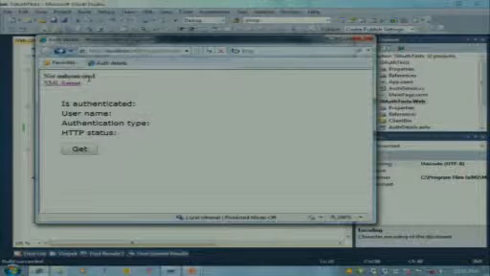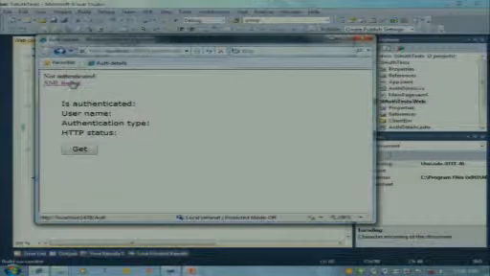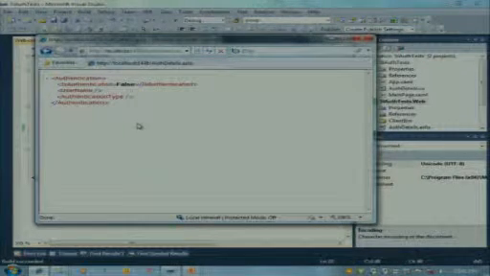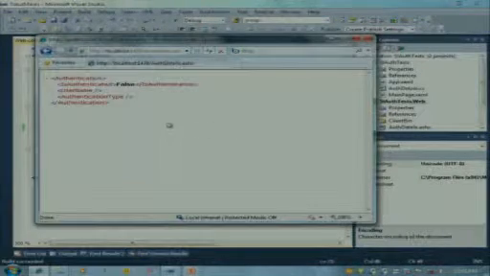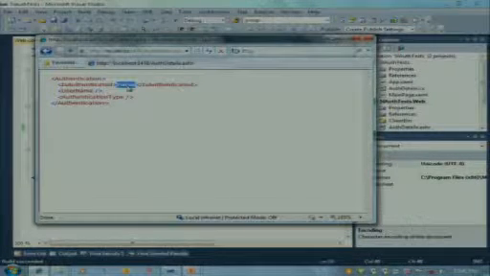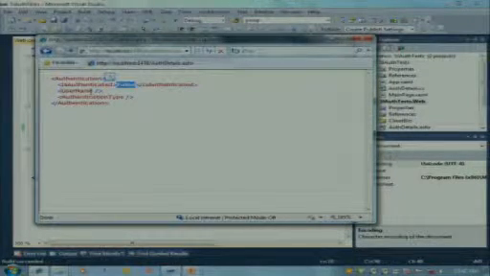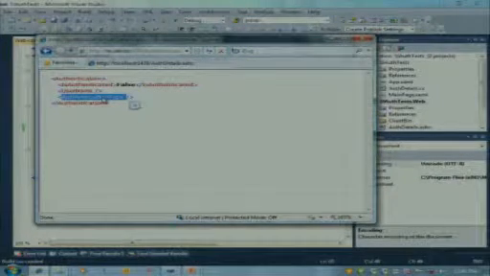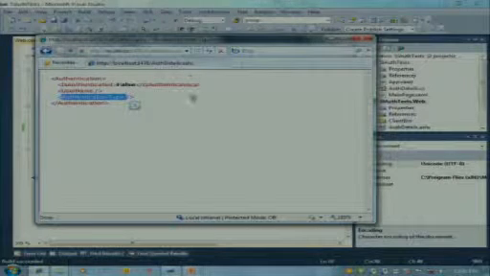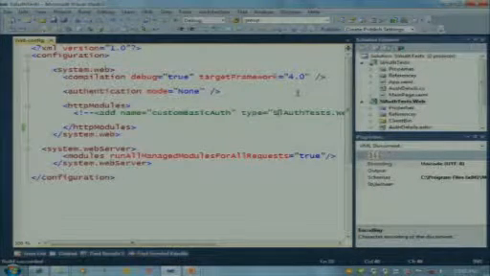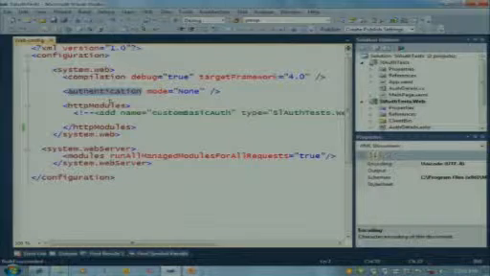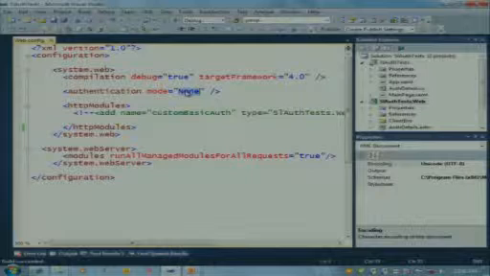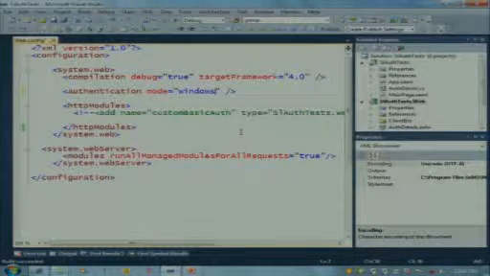And I've also written a handler that would generate an XML document containing the authentication information. If I click on this XML format link, this feeds back an XML document which contains information about whether the user is authenticated, and right now the user is not, and if they are, what their username appears to be, and also the method by which they were authenticated. So right now we're getting no authentication at all. But if I go to my web config file, the reason we're getting no authentication is because I've turned off authentication in the web.config. If I change this to be Windows authentication,